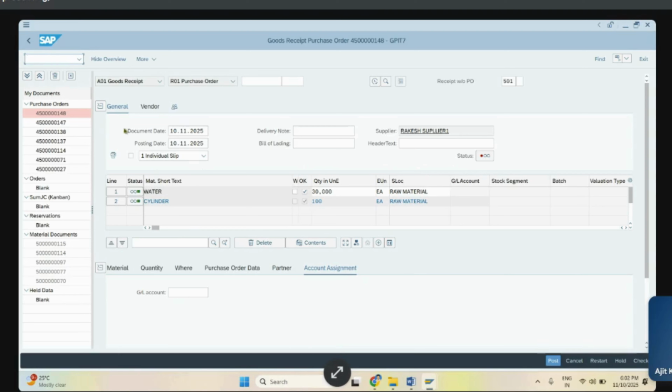So currently I am doing an RTP process. I'm doing the goods receipt with reference to the purchase order. After that I'm adding the non-ordered item. So here the non-ordered item is a cylinder, and now I just check